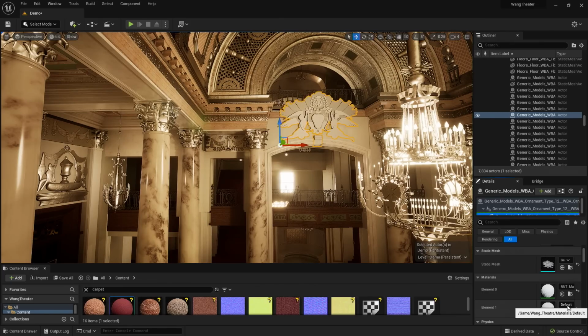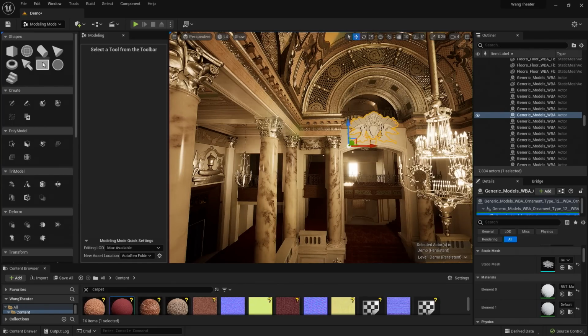So let's take a look at how you can use some of the new modeling tools for working and making changes to geometry. Now say I wanted to add another material to that geometry. I could do this in Unreal Engine 5 using the modeling tools. So I'll make sure that I have the geometry selected here. I'm going to go up to the left-hand side, select Modeling Mode, and you'll see that we have a lot of different options here.